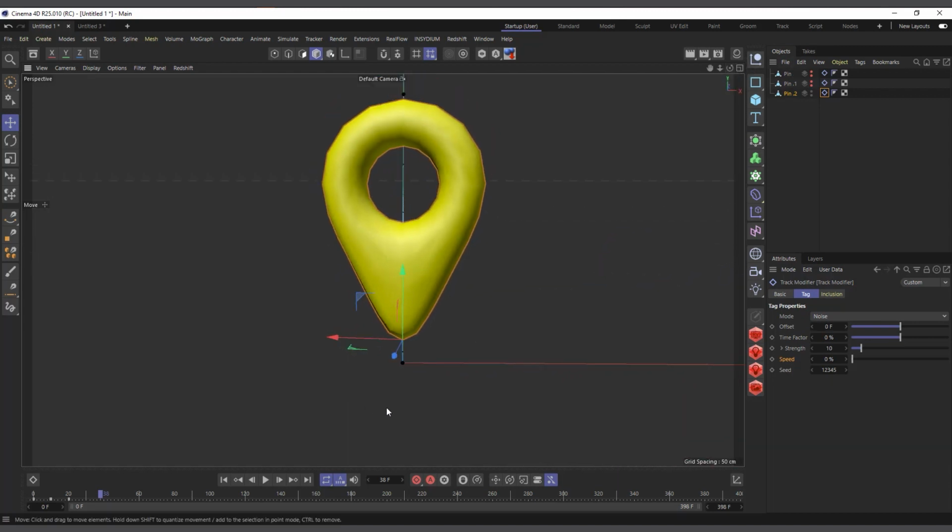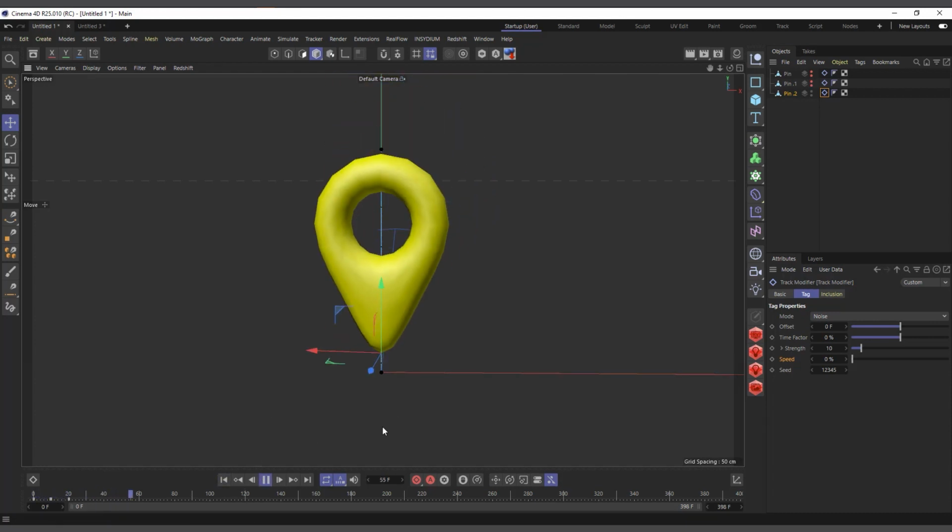perfect. So basically that's what it does. It doesn't make your animation perfect like the way it's supposed to be. It adds a little bit of deviation to your animation, right? So that's basically what the noise mode does.